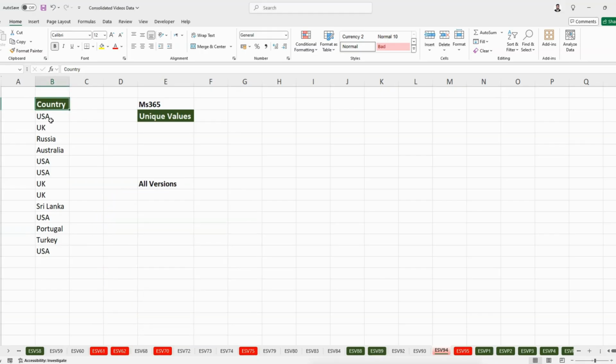So I have this column which has different countries' names. Some of the names are repeated, like USA is repeating, UK is repeating. So if I want to count just the unique country names, what I will do is use the